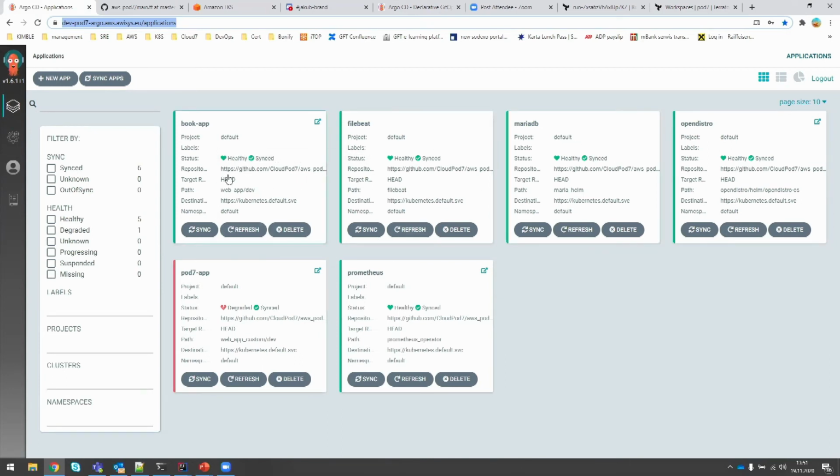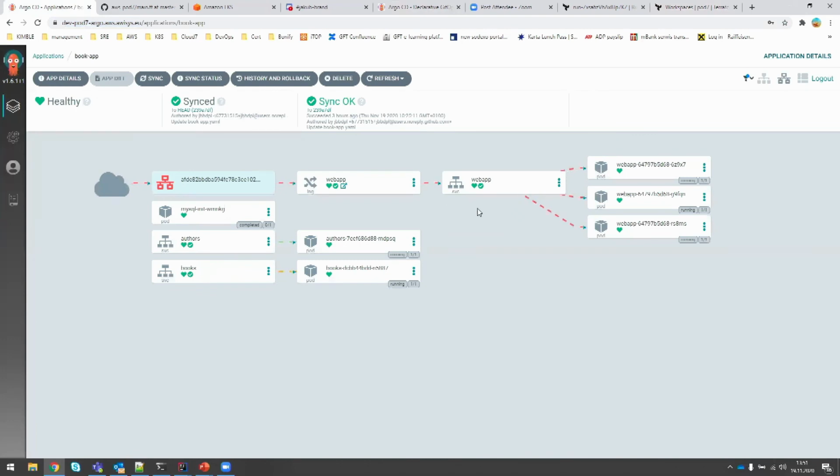Any application that is deployed is displayed here. Going deeper, it shows you the services that were deployed, the number of replica pods for each service, the routes, and the connections that those services have.